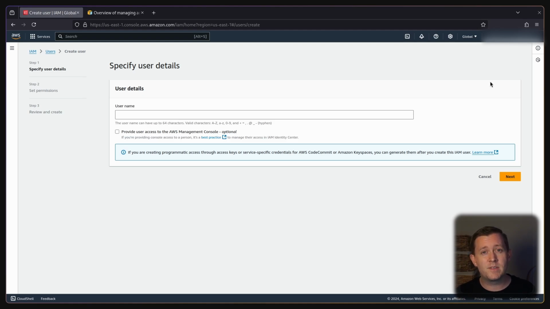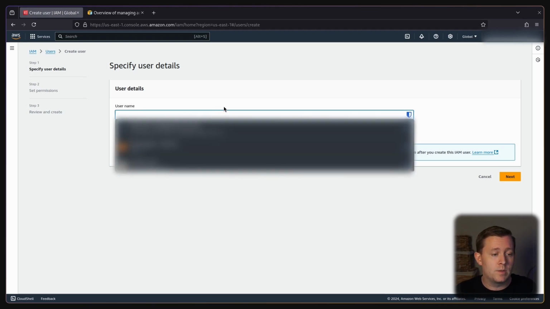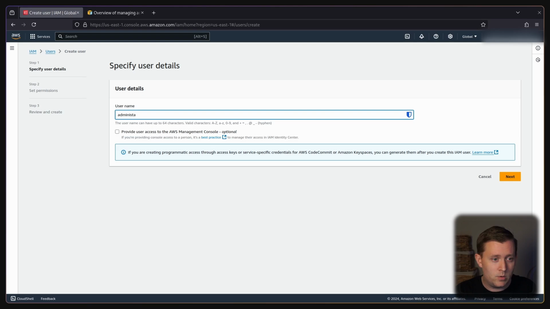But again, there's a number of different ways and a number of different best practices depending on your circumstances that might apply better. So just know that there's a few different ways you could do this. We're just going to keep it simple for now, though, and create a single user. So this we will call our administrator IAM,